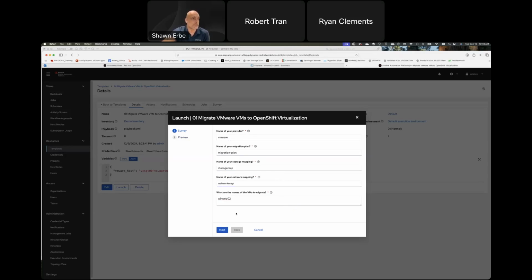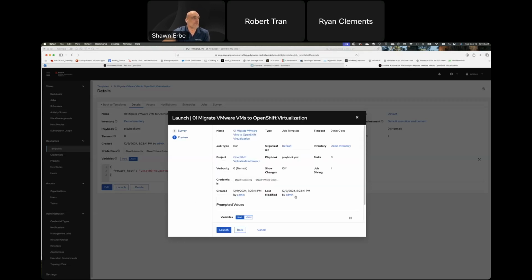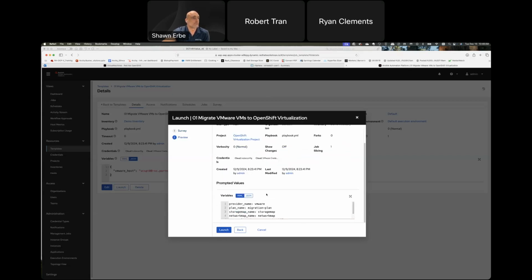I mean, these could be drop downs. There's a lot of flexibility on how you have all this configured because it's just defined within the playbook. Absolutely. And so the MTV, the migration tool for